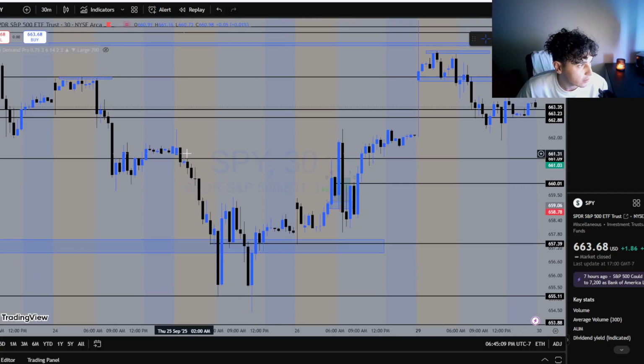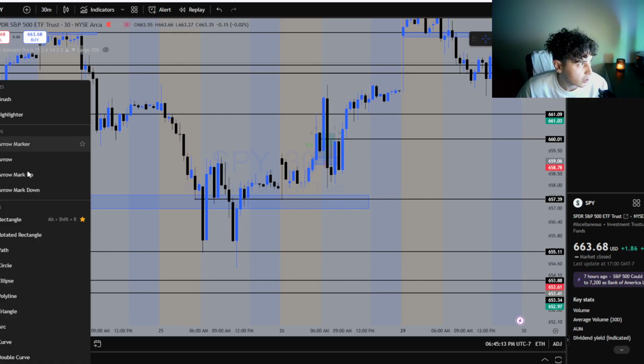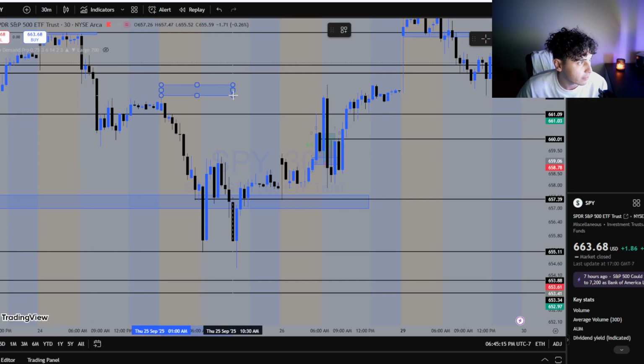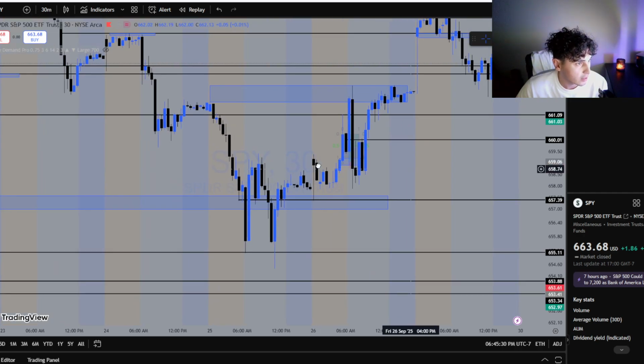So we have this point before we had that big move to the downside. So we want to mark out the point before that big move to the downside. Boom. Extend it out. Now you can see the first time we tap into this zone, it was treated like a barrier and failed to break above. Now it doesn't look like the biggest move, obviously, because it's on the 30-minute, but if we narrow it down,